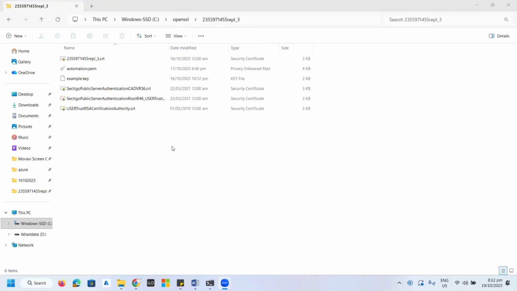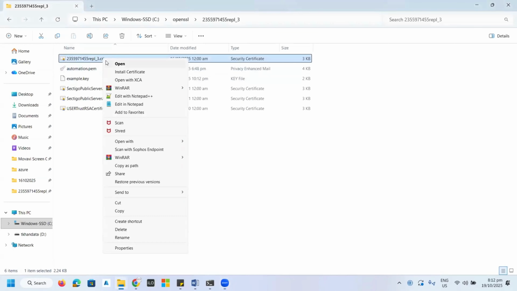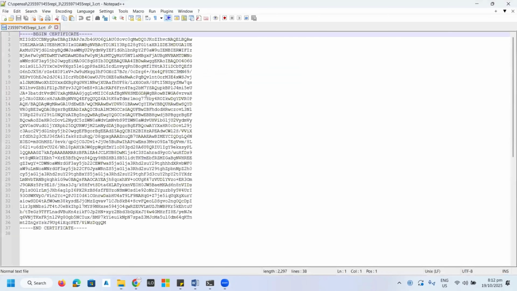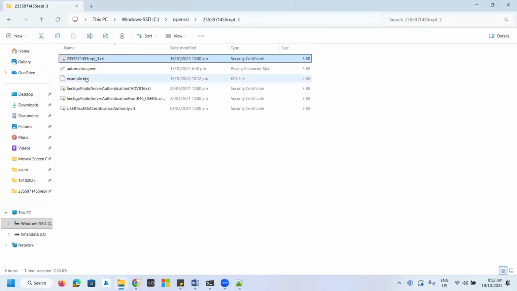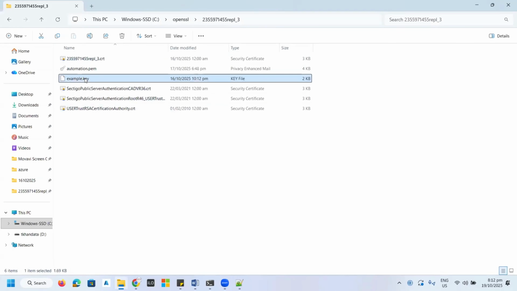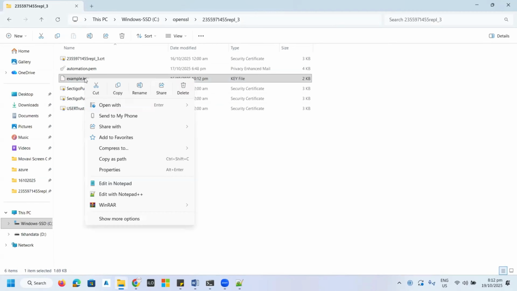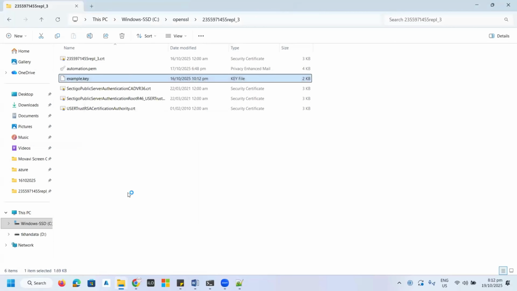So how can we create the PEM file? The process is really simple. Here we have the two files available. We just need to open the CRT file with Notepad++, and after that, I'm going to select the next file, which is known as the private key. I just right click on that file and open it with Notepad++ as well.